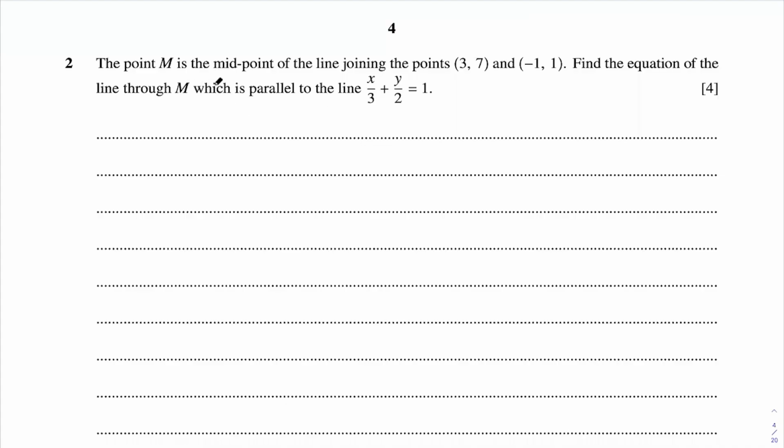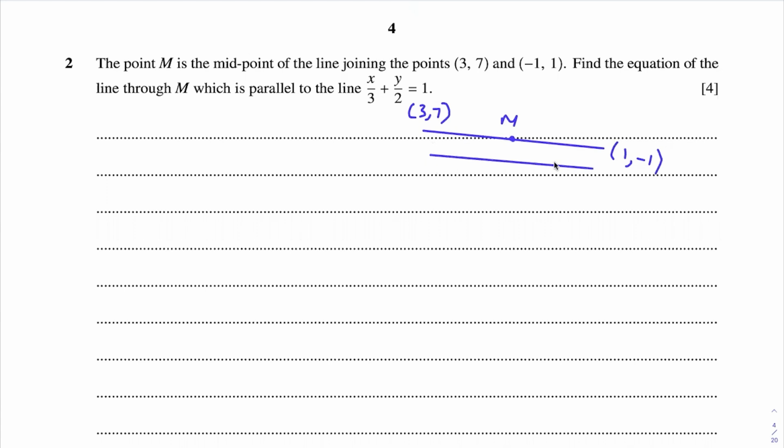Question 2, we have a point M which is the midpoint of the line joining the points (3, 7) and (1, -1). We have to find the equation of the line through M, which is parallel to the line x/3 + y/2 = 1. So basically this means that we have 2 points (3, 7) and (1, -1). M is the midpoint through which the line is passing, and it is parallel to another line which has an equation